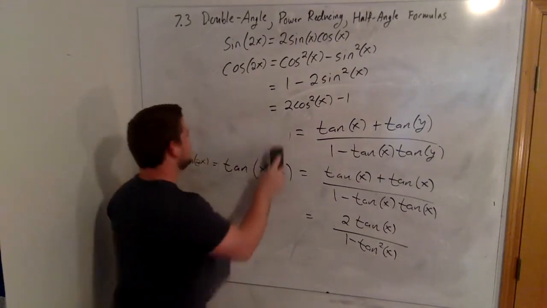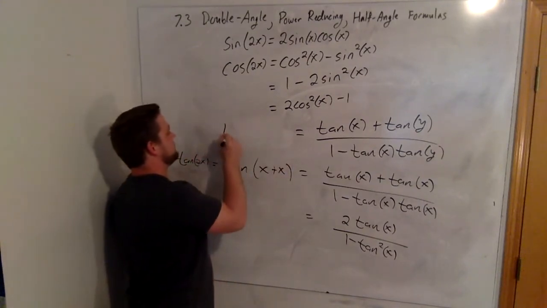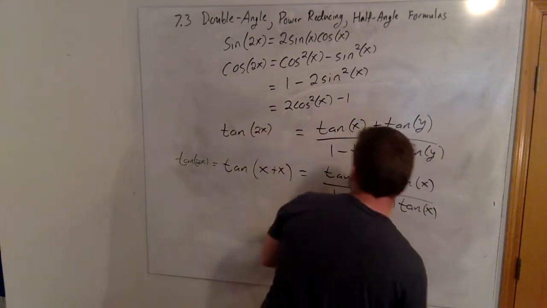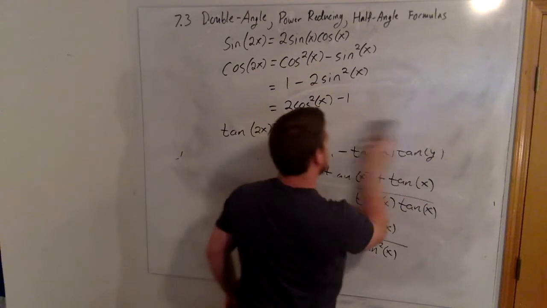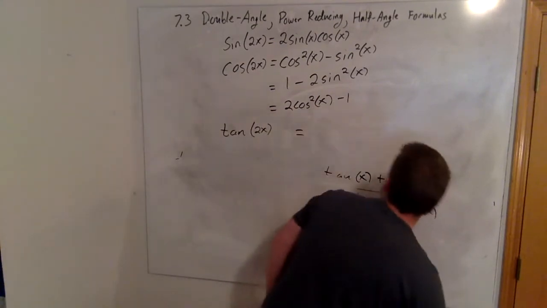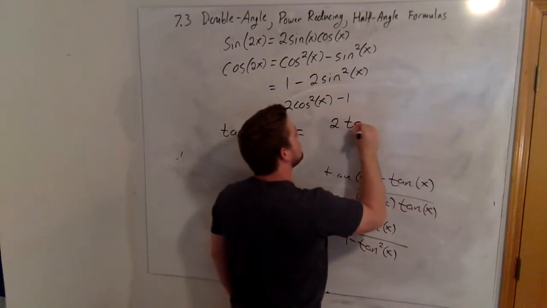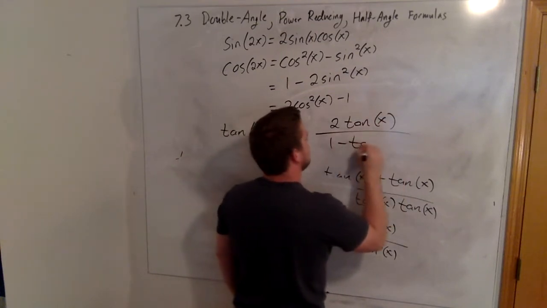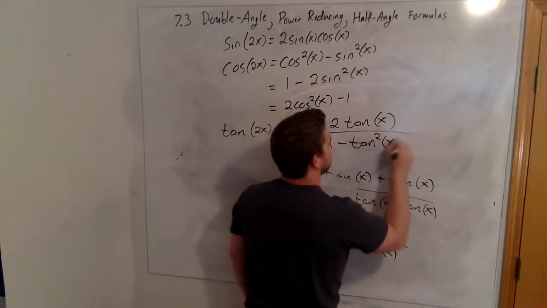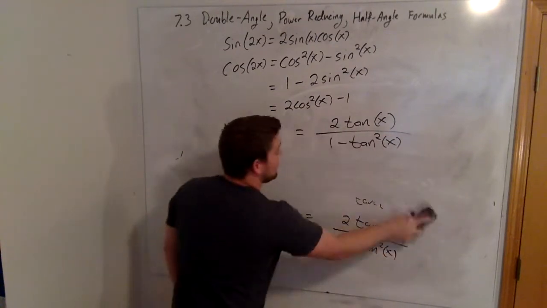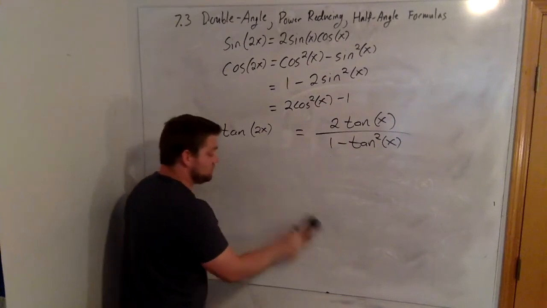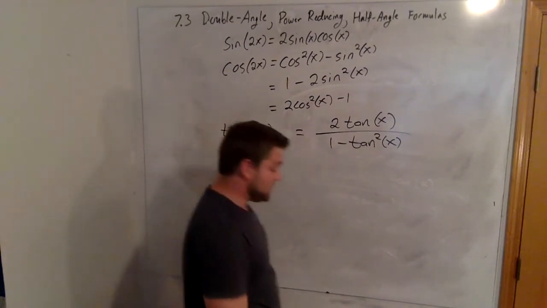So let's write that right here for completeness. We have that the tangent of 2x is equivalent to 2 tan of x all over 1 minus tan squared of x. Okay, now to be honest, sometimes this formula is useful to use, but if I'm in a pinch